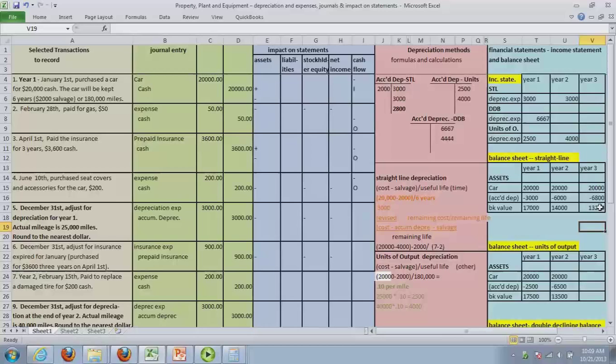So the asset does look younger. It's a smaller percentage of accumulated depreciation taken, and the book value would have dropped much more had we just depreciated the 3,000. So it does impact the book value, and of course the income statement also is impacted because it's only 2,800. It's a little bit less depreciation taken,